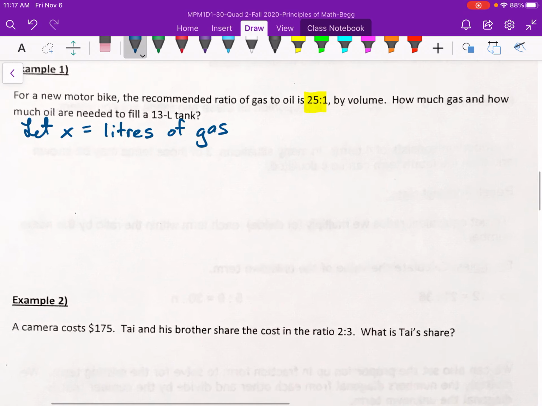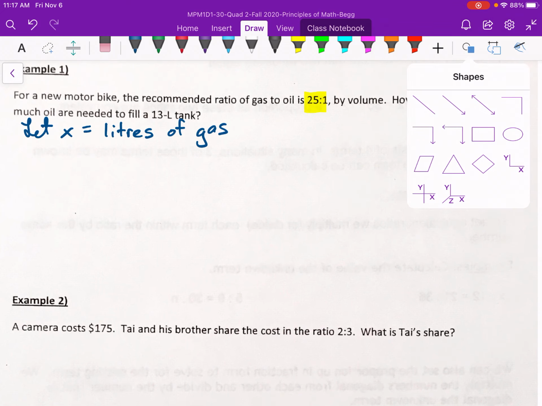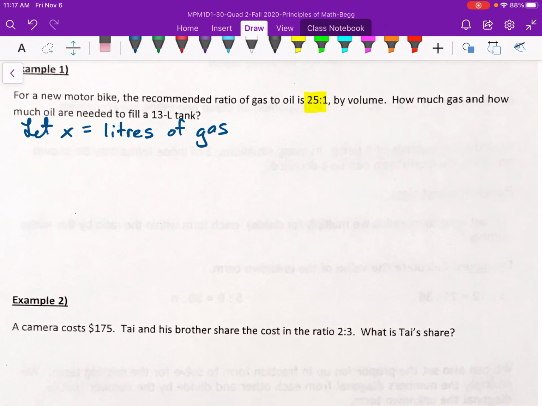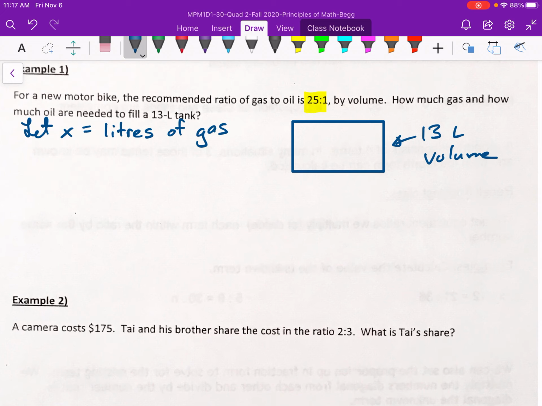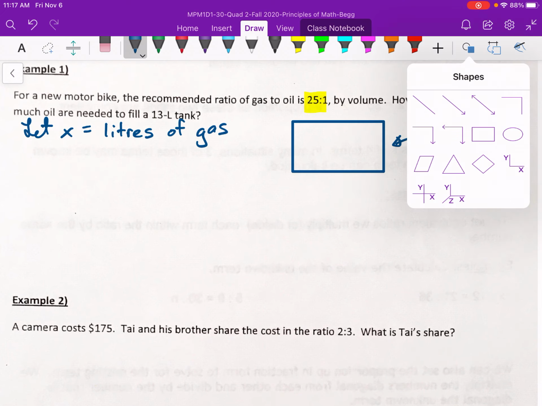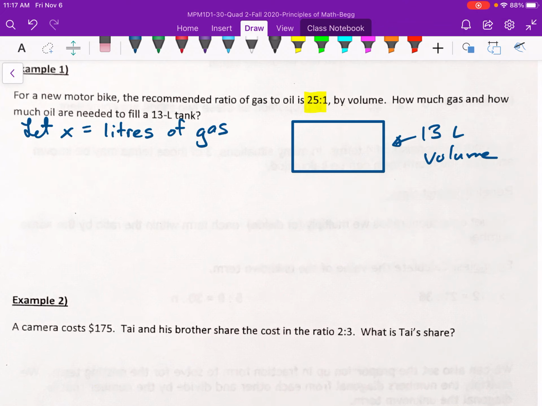Now, a little visual might help you understand what's going on here. So I'm going to draw a little box, and this box represents the gas tank. And the gas tank is 13 liters. I'll just write that off to the side. That's the volume. But if we divide this up, there's 25 parts gas and 1 part oil. So if we think about it that way,